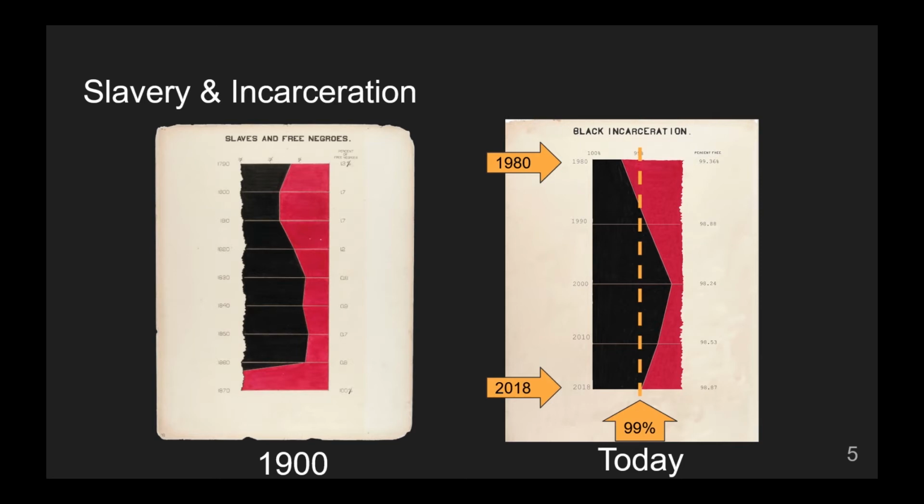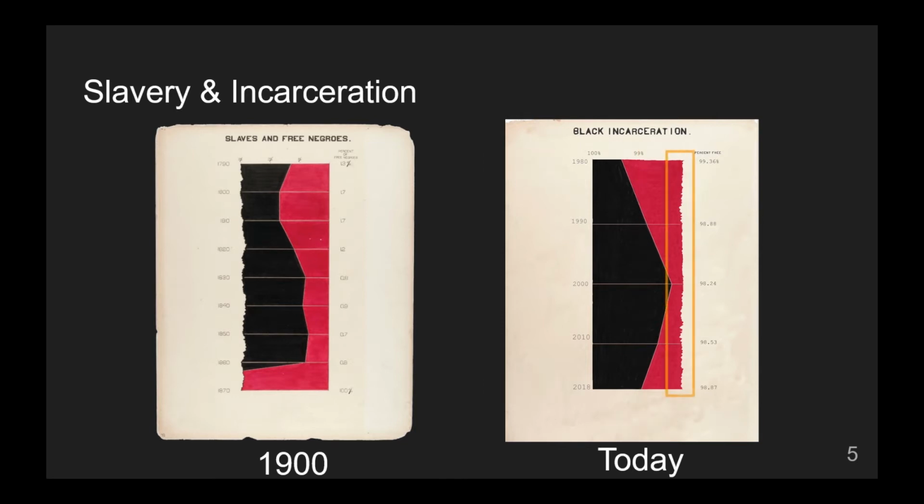This leaves us with a rate of black incarceration which is still double what it was in 1980, after years of steady reform. We tore the right side of the graph rather than the left because part of this narrative is that there's still so much work to be done, and we'll never see the optimism that Du Bois' chart was able to display if we don't dismantle the systems which have led to such a high rate of black